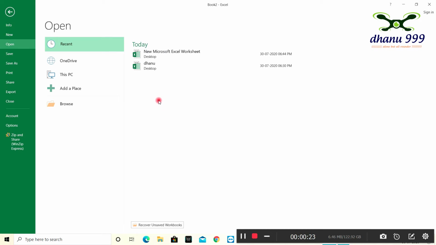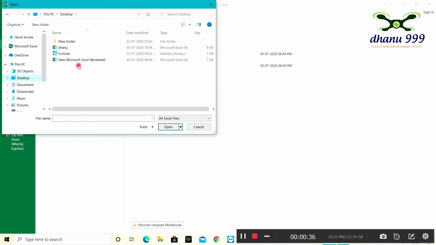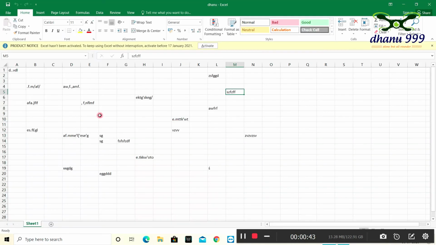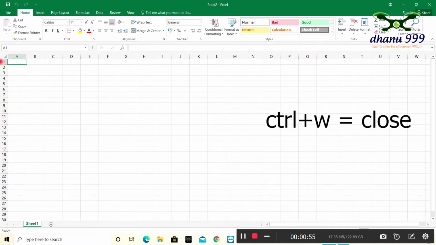And if I had a file on the desktop, we can select from here, or otherwise we can select from one more option. Here is Browse. I will click Browse, and for example I had a file on the desktop. I will press Desktop, and here there are two files, 1 and 2. Now I will go for this file and open it. See here, this file I have saved and it is open. If I want to close this file, I will press Ctrl W. See here, the open file is closed.